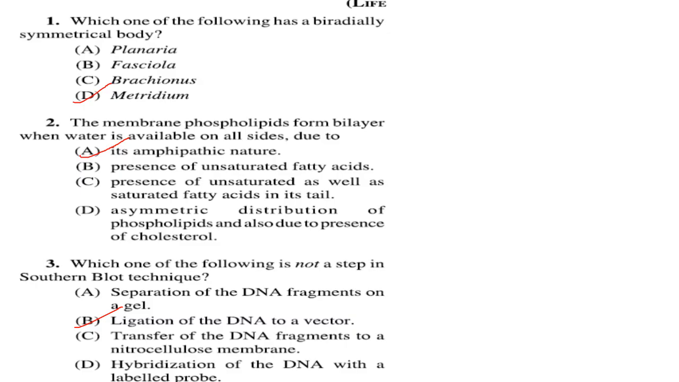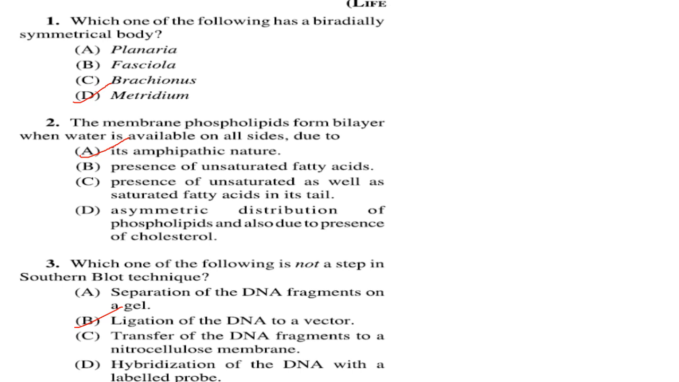Coming to the first question. Which one of the following has biradial symmetrical body? They have asked biradial, not bilateral. What is bilateral? Bilateral is to divide an organism into two equal parts. Biradial symmetry occurs when an animal can be divided into four parts about a central axis, and each opposing segment,